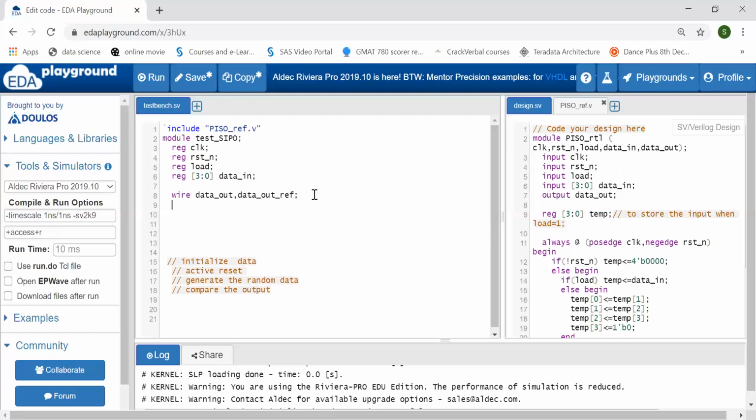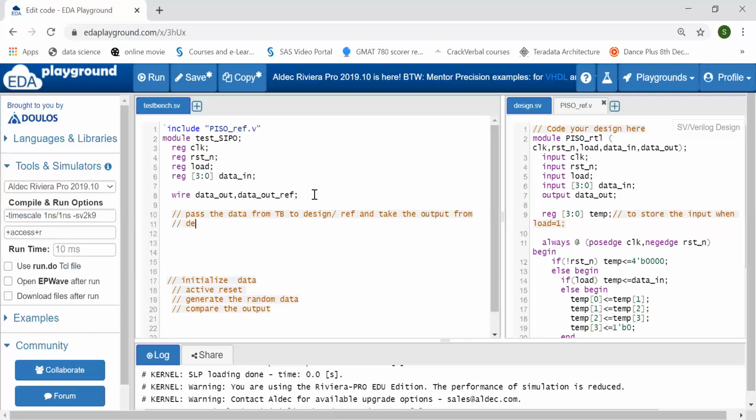Passing the data from the test bench to the design or reference model and taking the output from the design as well as the reference model is done by your instantiation.